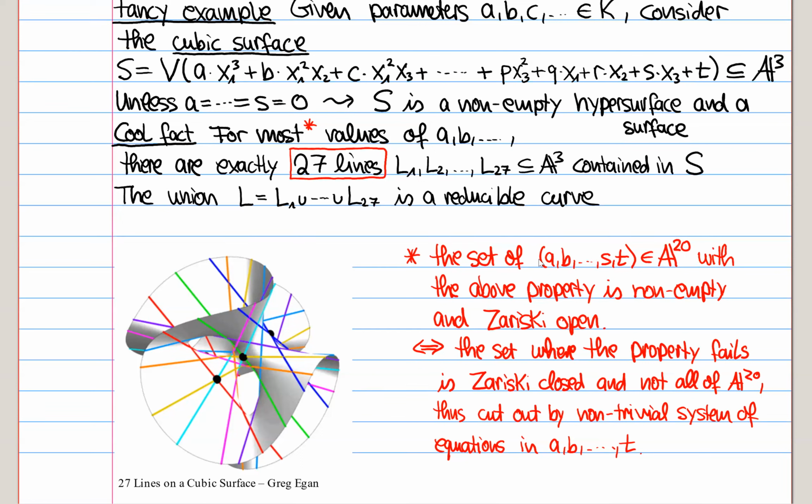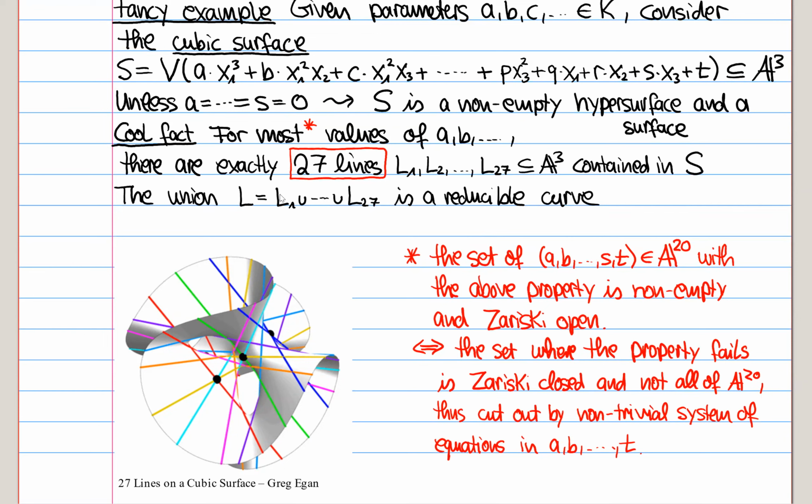This makes sense with respect to the Lebesgue measure, and this would be what you could call a random choice of parameters. And then this statement is true with probability 1. But in fact, there's also a way in which this "most" makes sense for arbitrary base fields